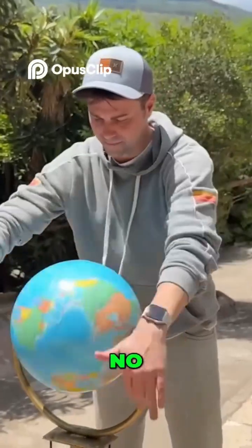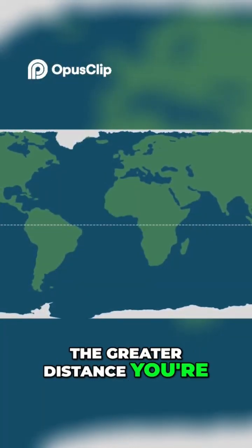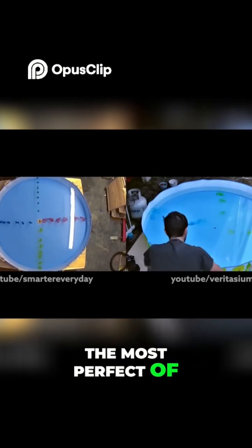Well, sadly, no. Because the Coriolis effect is really only noticeable the greater distance you're moving up or down from the equator. So unless you have a 5-mile wide sink, or if you make the most perfect of perfect conditions